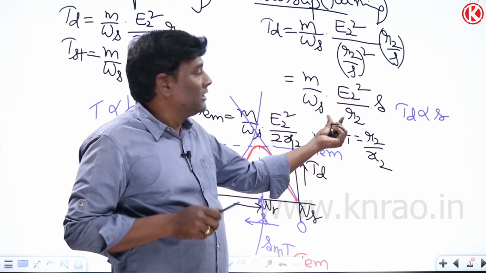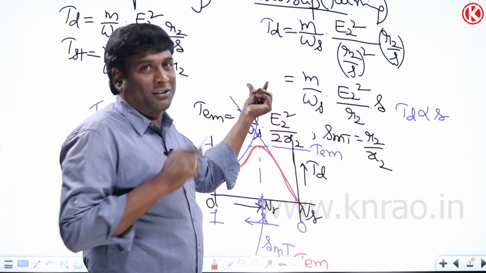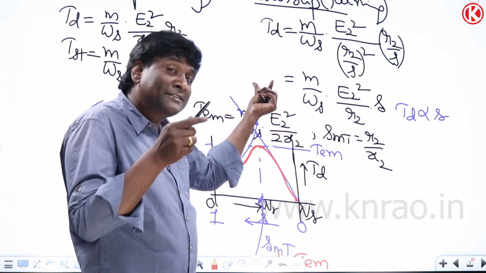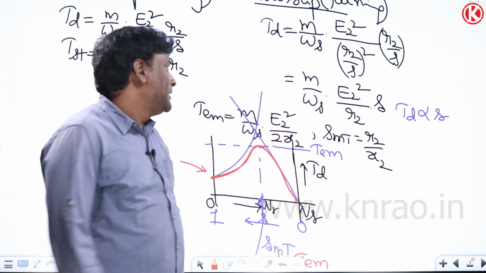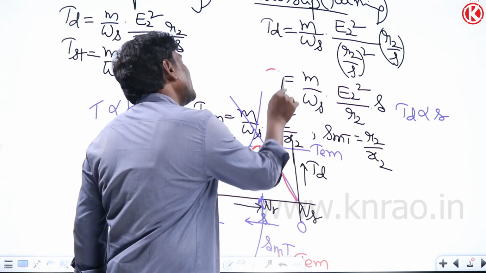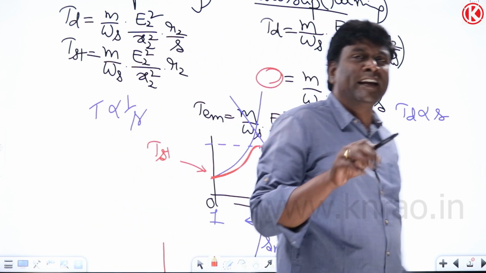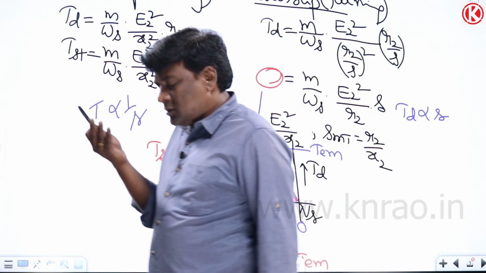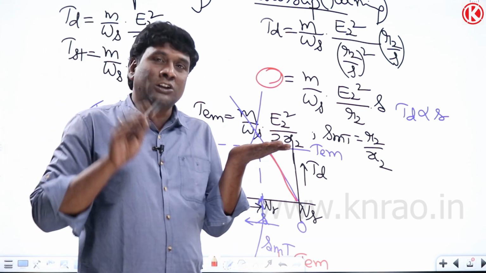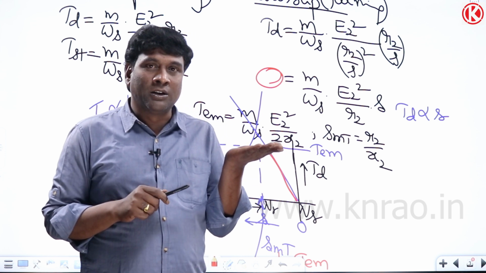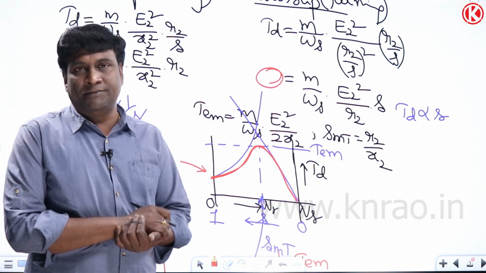Rotor resistance is doubled. When rotor resistance is doubled, in order to maintain the same load torque, I repeat, in order to maintain the same load torque, how much will the slip be? They can ask. Because this particular torque requirement of the load, when the torque developed by the motor equals the torque requirement of the load, if the torque requirement of the load is 150 Newton meters, for example, in order to meet 150 Newton meters, your machine has to adjust itself.